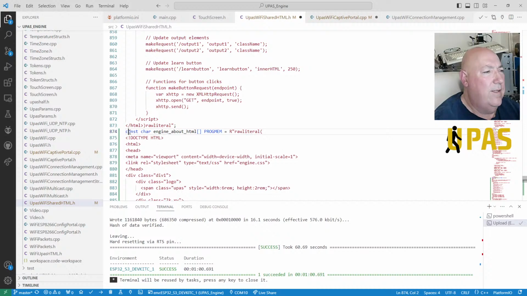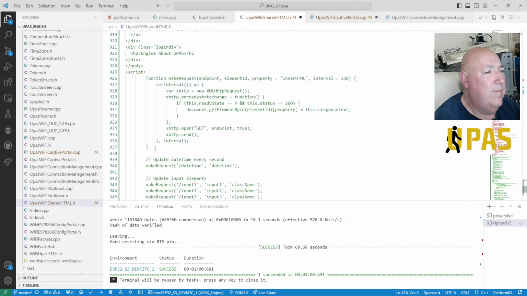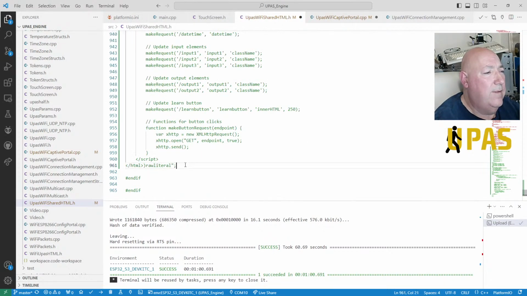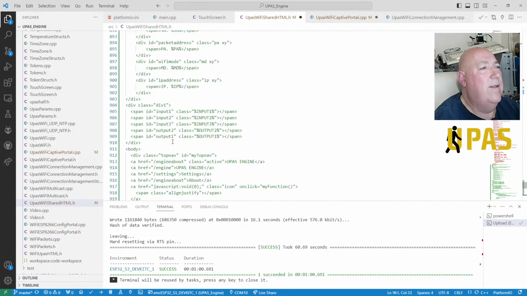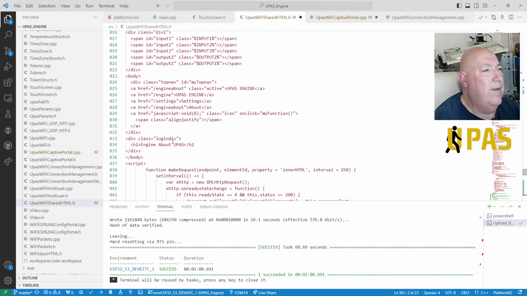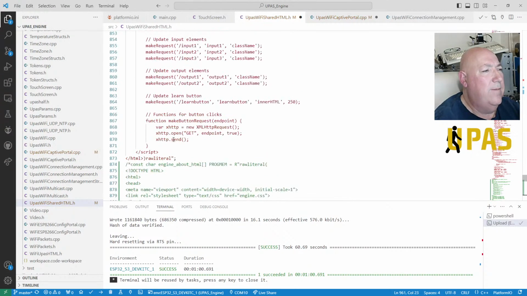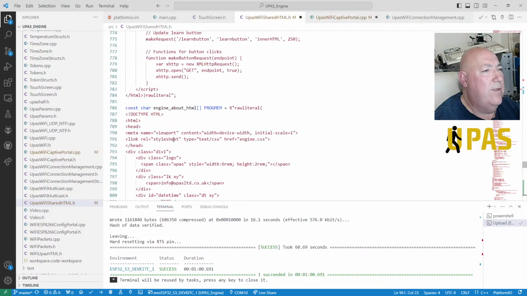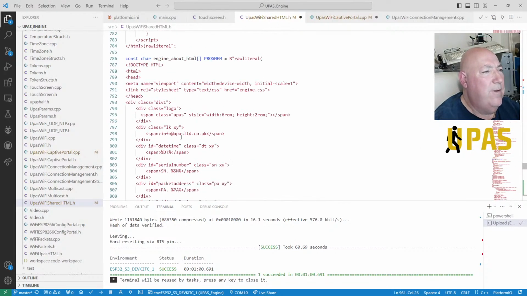Just leave that there. Tell you what, let's just get rid of it for a while. Get rid of it, just ram it out, so it doesn't use the memory up on the flash. Right, so we're up to here, and we're going to call this the same name, but we're going to get rid of